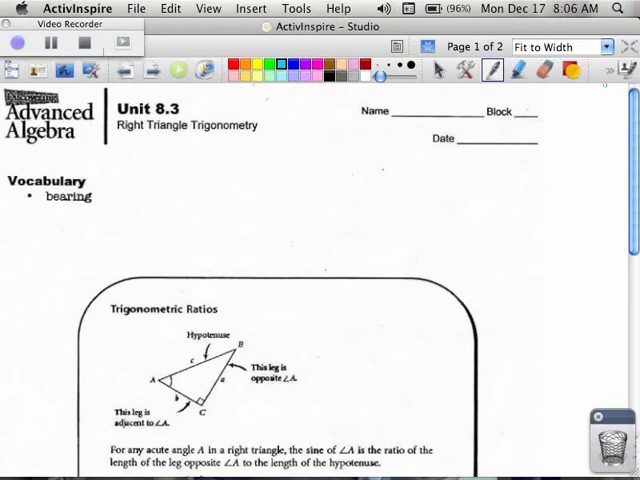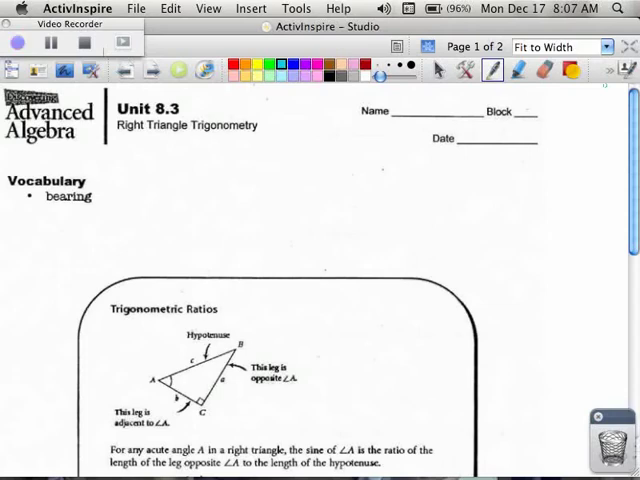Okay, today in section 8.3, we're going to be talking about trigonometry. This whole section in 8.3 is about trigonometry. And we're going to start out with the simple trig stuff which applies in right triangles only, which is sine, cosine, and tangent. You've seen this before in geometry, you've seen it before in Algebra 1 probably, but we're going